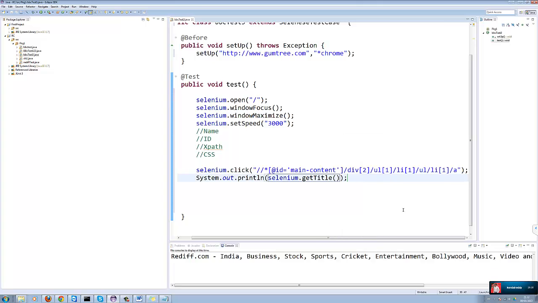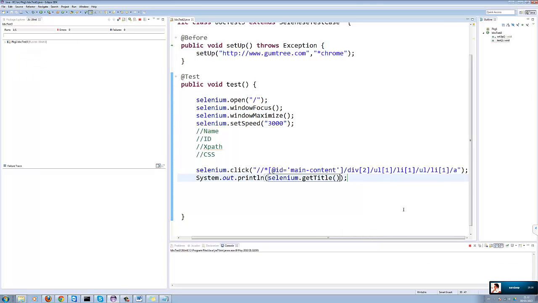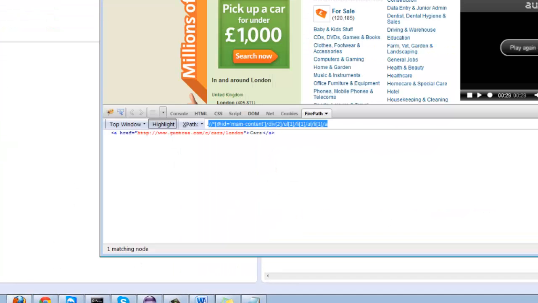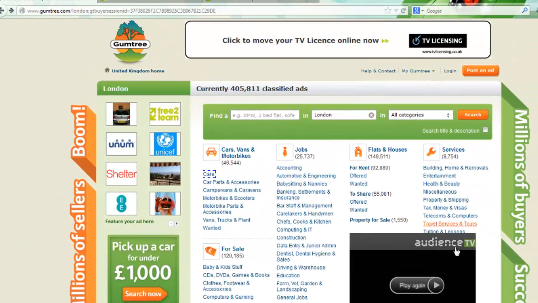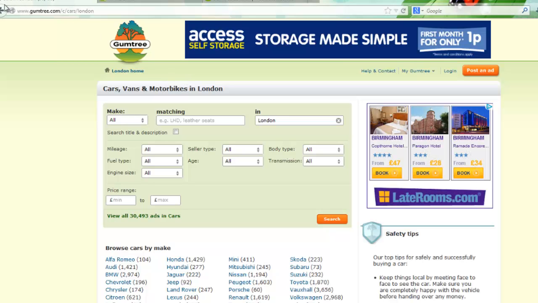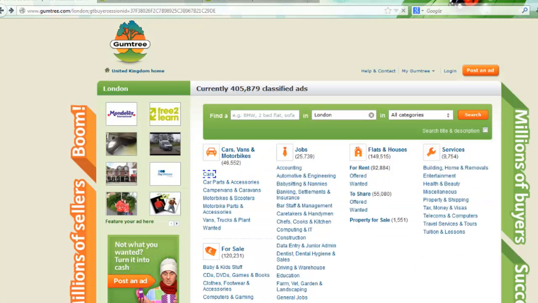Run as JUnit test. Okay, it printed cars in United Kingdom, so it's working. So what is the title now? Now the title is Gumtree London. When it clicked the link, the page changed, so it became cars in London or cars in United Kingdom.